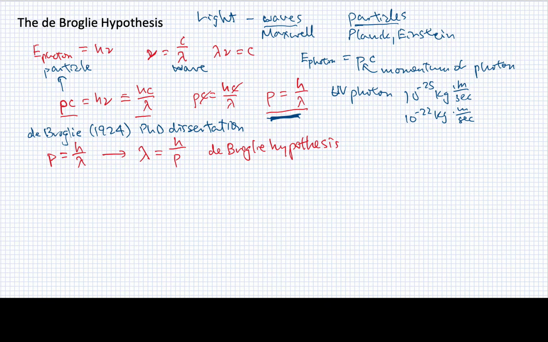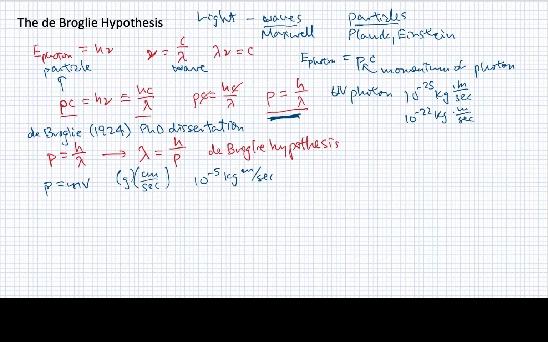All right, so what we might ask is, why don't we observe matter as a wave? Well, the momentum of a piece of matter would be the mass times its velocity, and we typically have mass that's about 1 gram. We have velocity, say, in centimeters per second, and so we would have something on the order of 10 to the minus fifth kilogram meters per second as the momentum for a piece of matter following this.